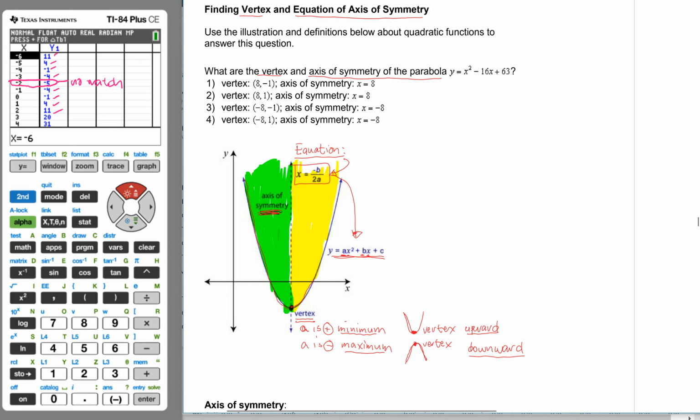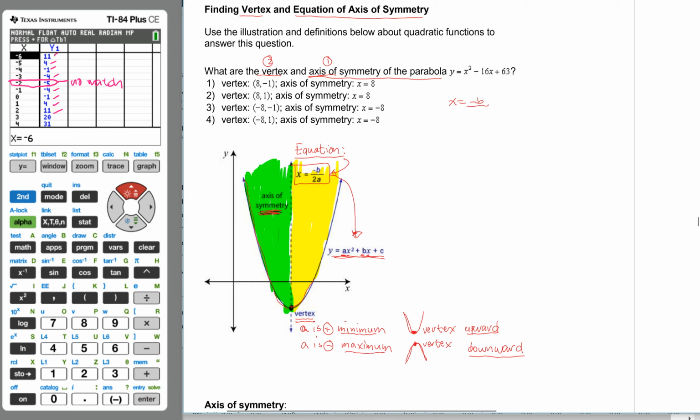So what are the vertex and axis of symmetry of the parabola? Okay, so between these two, to find the vertex, we have to find first the axis of symmetry. So let's find this first and find the vertex second. Okay, so the formula given is x equals